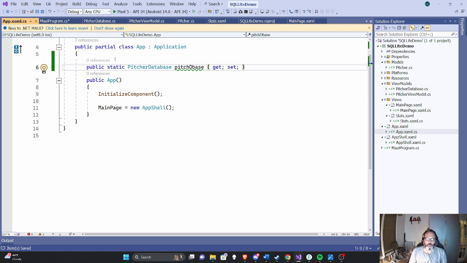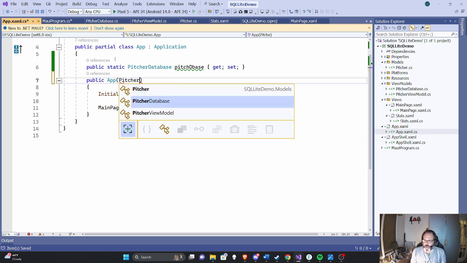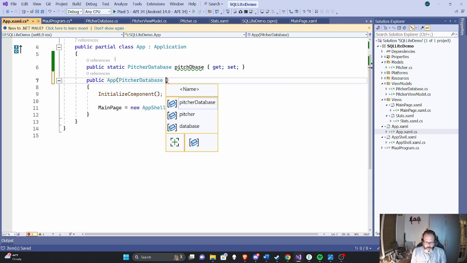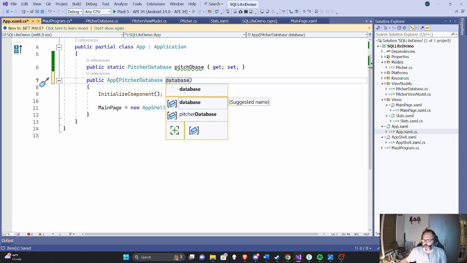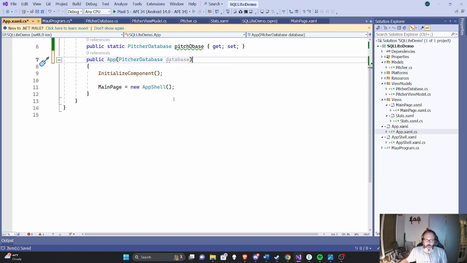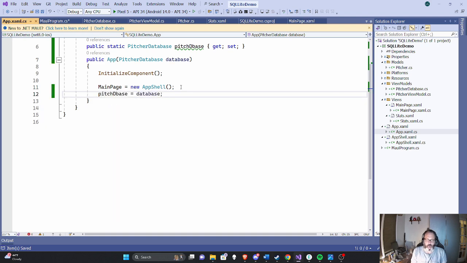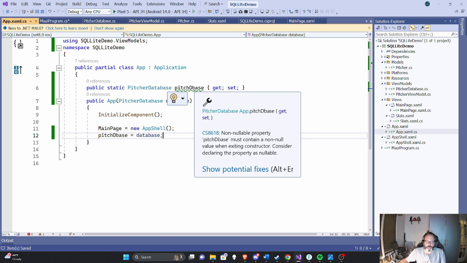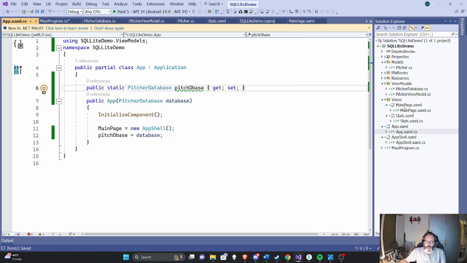So I basically created a property called picture database. I'm going to call my constructor here. I'm modifying this. And then after my main page, I'll make my database live. Now, all this sets up my database. I now need to go to my main page and start writing. So if I go to my main page,